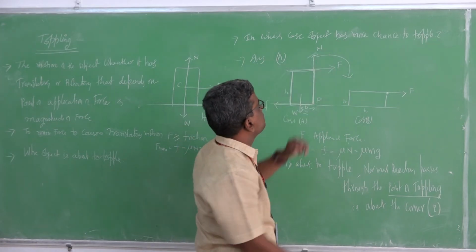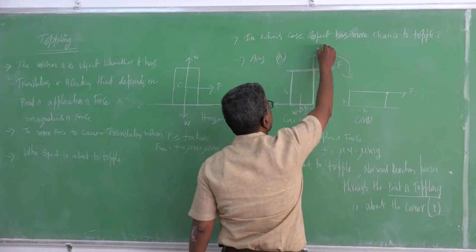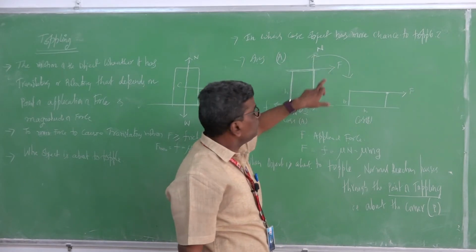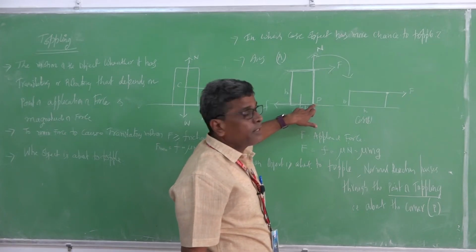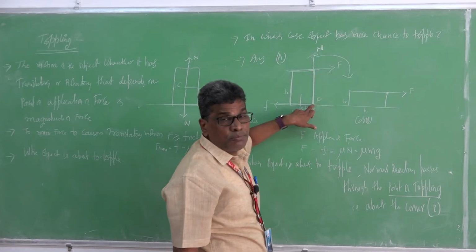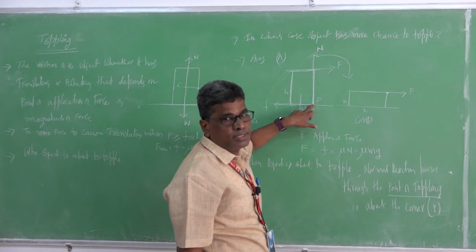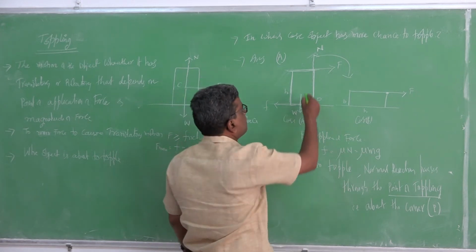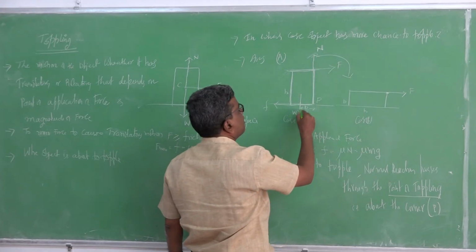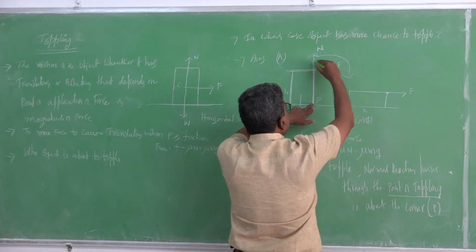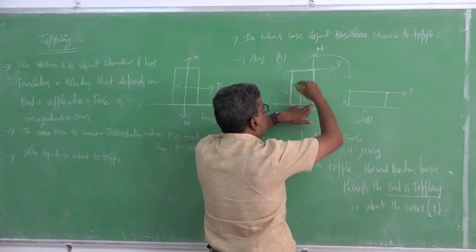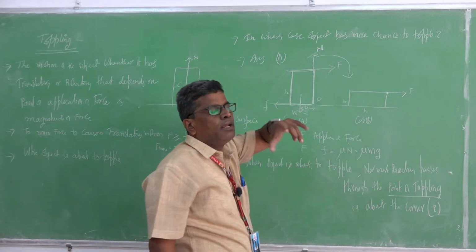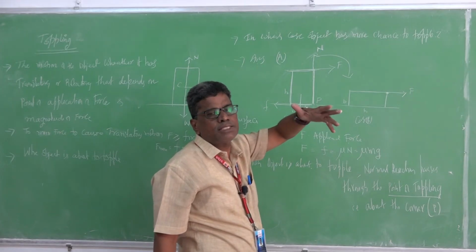The torque of this normal reaction, how much? It is 0 because it passes through this point. So the perpendicular distance of this force about this point is 0. Torque of this friction is 0. So only the force F and the weight are left. One torque will produce clockwise motion, the other will produce anti-clockwise motion. Under equilibrium, these two will balance.